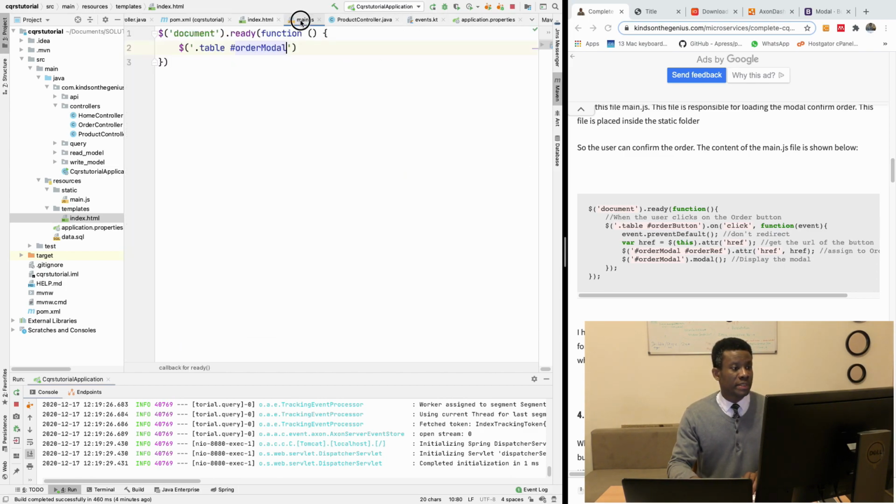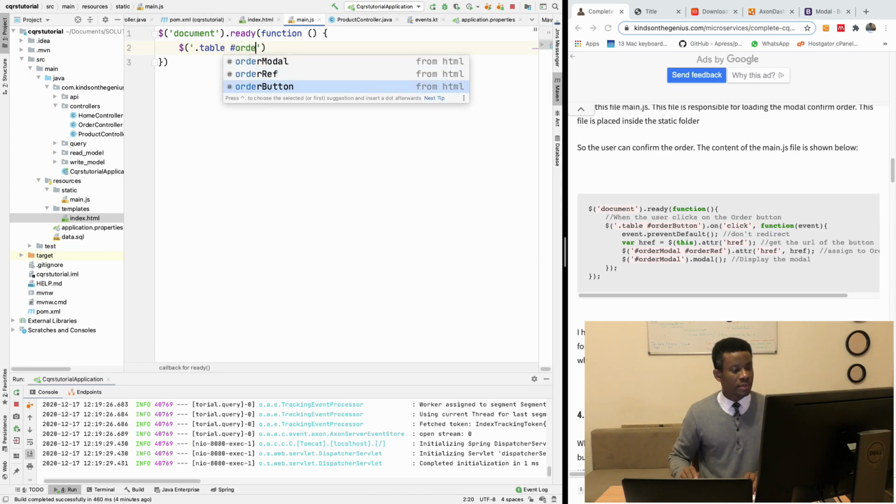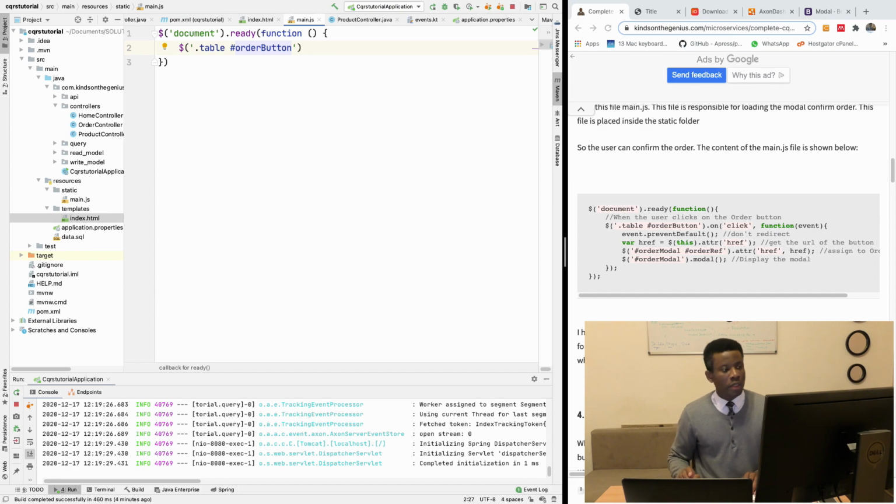So when order button is clicked, so let's see. Order button, so it's going to be this. All right, so when this is clicked, what happens? Dot on click, we are going to run a function,